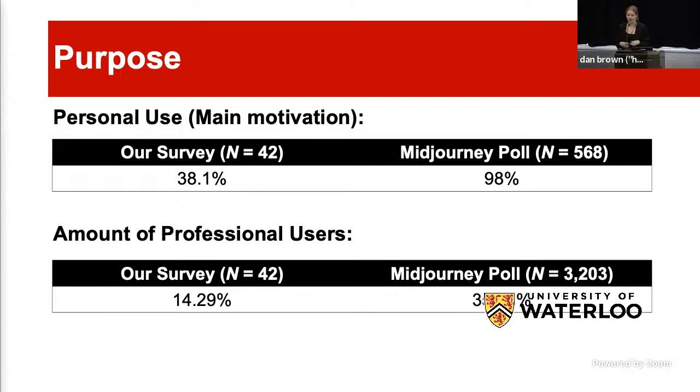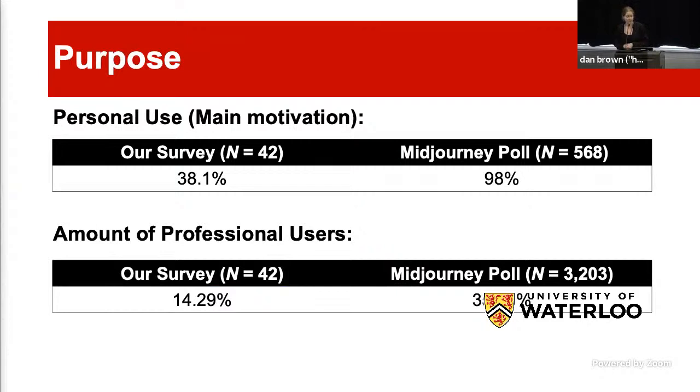So first we wanted to look at the main motivation. Why are people creating this imagery? Now in our data set, 38% of participants said it's just for themselves. They don't even have the intention of ever sharing their imagery online, which was surprisingly high considering that we're talking about AI art communities where the purpose is to share your work. So we had a lot of lurkers in our data set. And then the Midjourney poll, which was shocking, was that 98% of people said they're just generating it for fun, for their own entertainment. Which has inherent value, but the images are not created to be shared